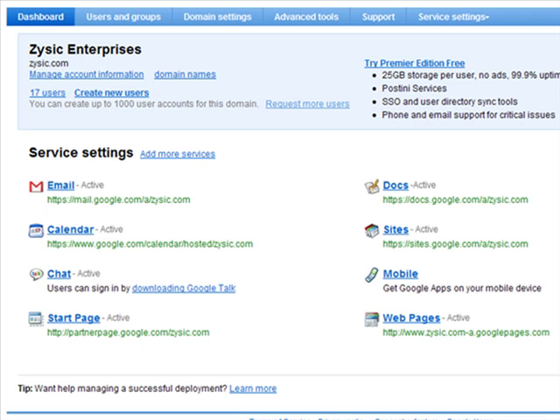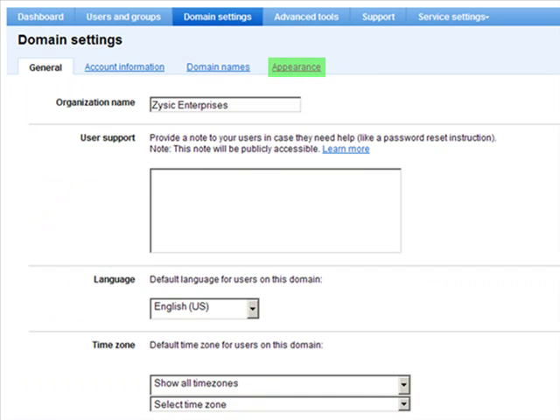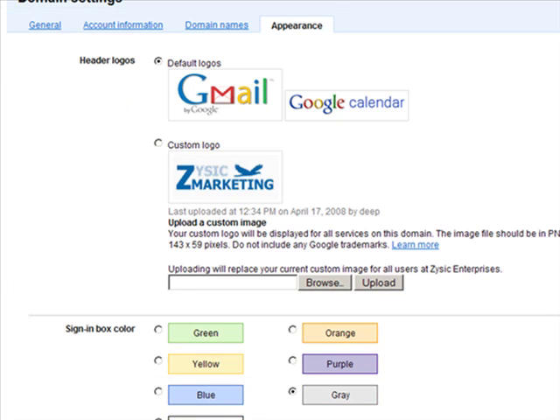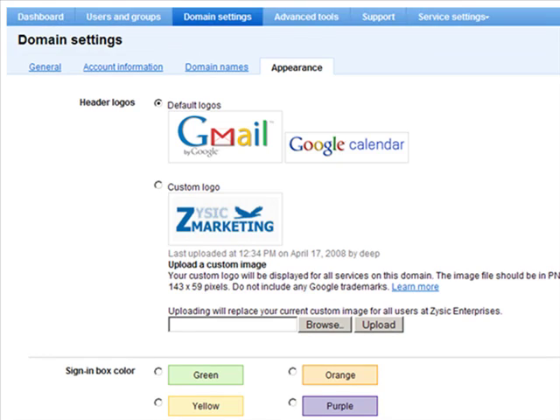So finally, let's go back to the dashboard, and I just want to show you how to incorporate your business logo. This option is kind of tucked away, and sometimes it can be easy to miss. But you want to go to Domain Settings, and over here at the right under Appearance, you'll see where we have the option to choose our header logos. Now by default we have the Google logos, but you can also browse and upload your own custom logo for